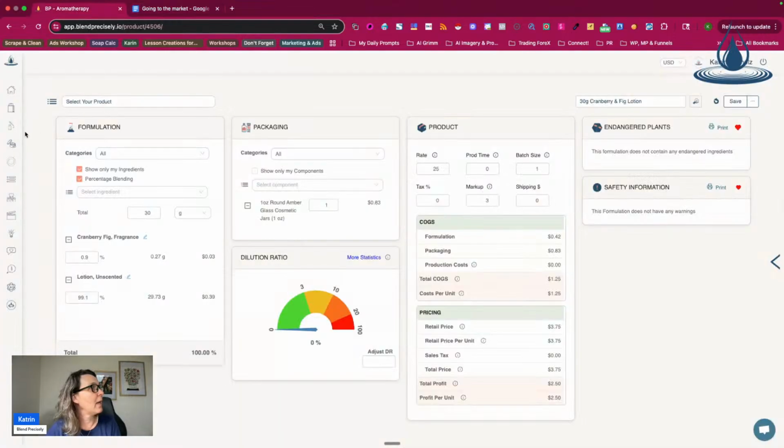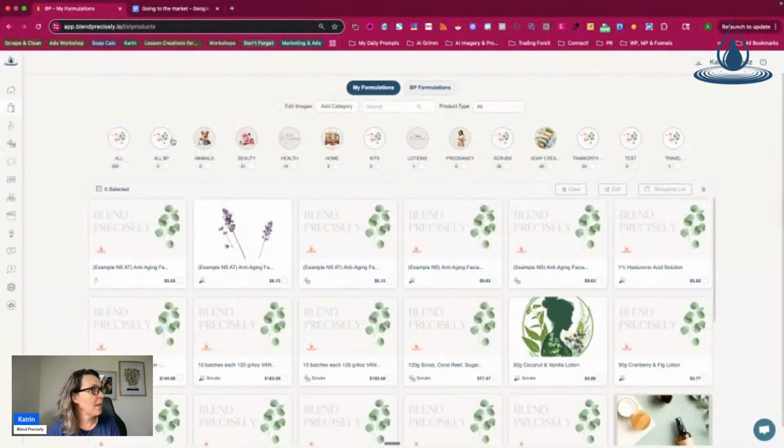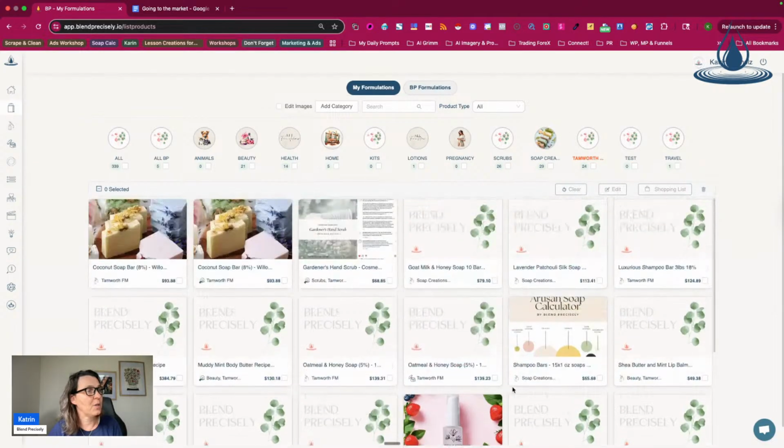So I go into my formulations, and you can see all of these categories. You see here my category for just soap creation scrubs. But I also have here Tamworth FM, which is my Tamworth Farmers Market. And I've got 24 products under here. So here I know these ones are all the ones I take to the farmers market in Tamworth, for example,